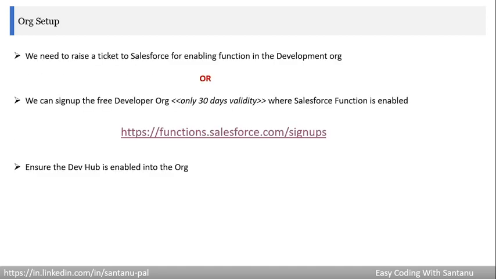Let's go to the topic. First thing first, we need to set up the org. Now how will you set up the org? If you use a production org or a development org, we need to raise a ticket or case to Salesforce for enabling Functions. For demo or training purposes, you can sign up for a free developer edition org where Salesforce Functions is enabled, using this link. So if you click on this link,